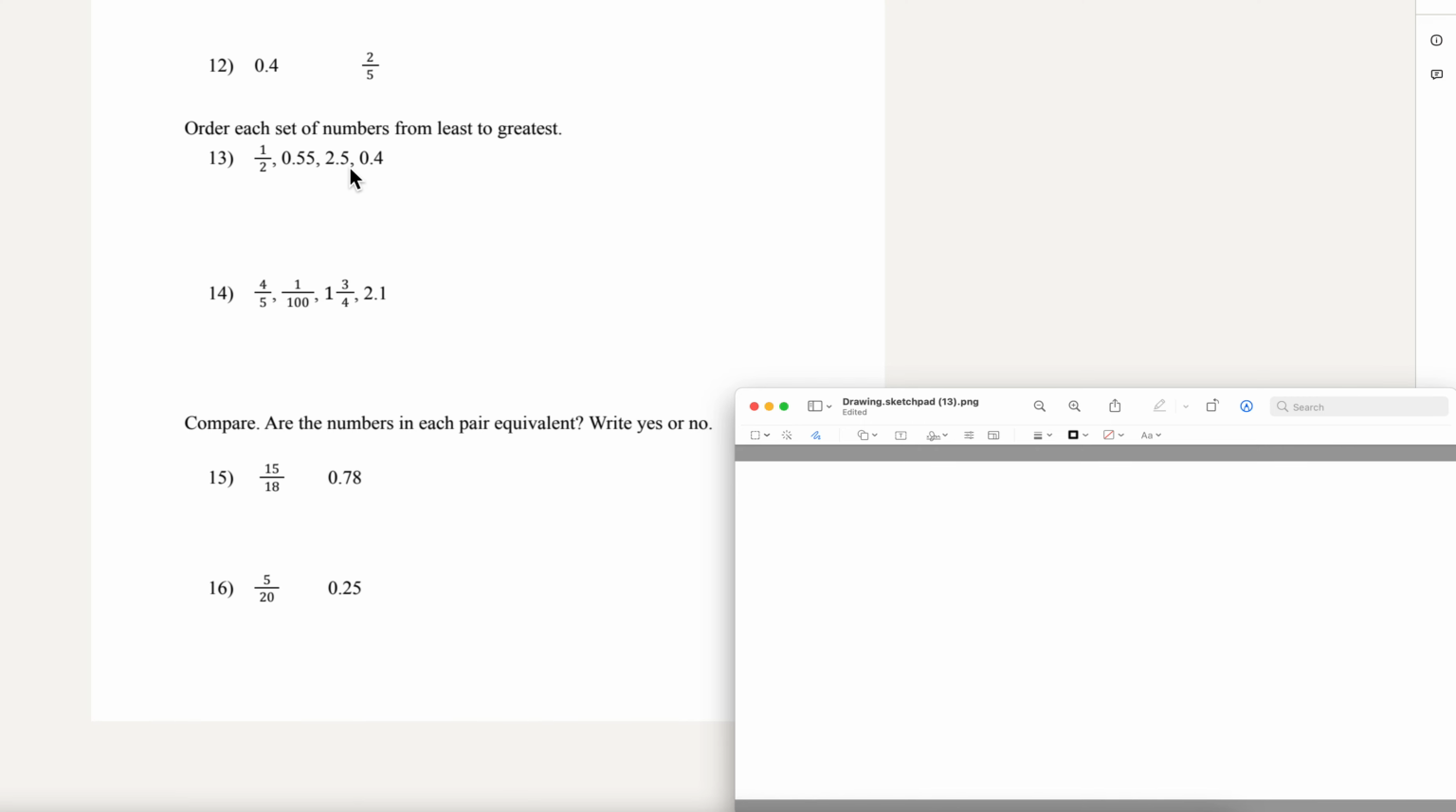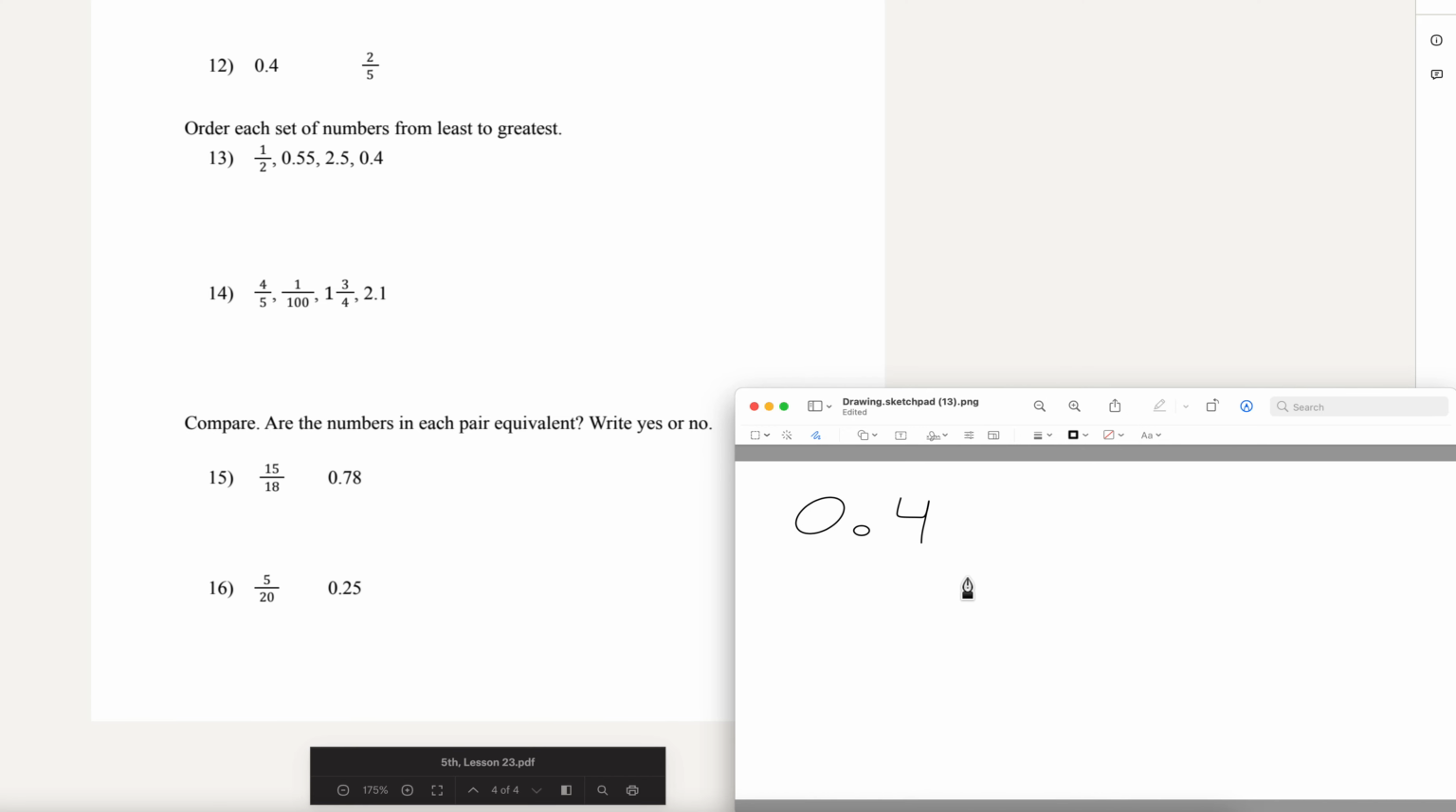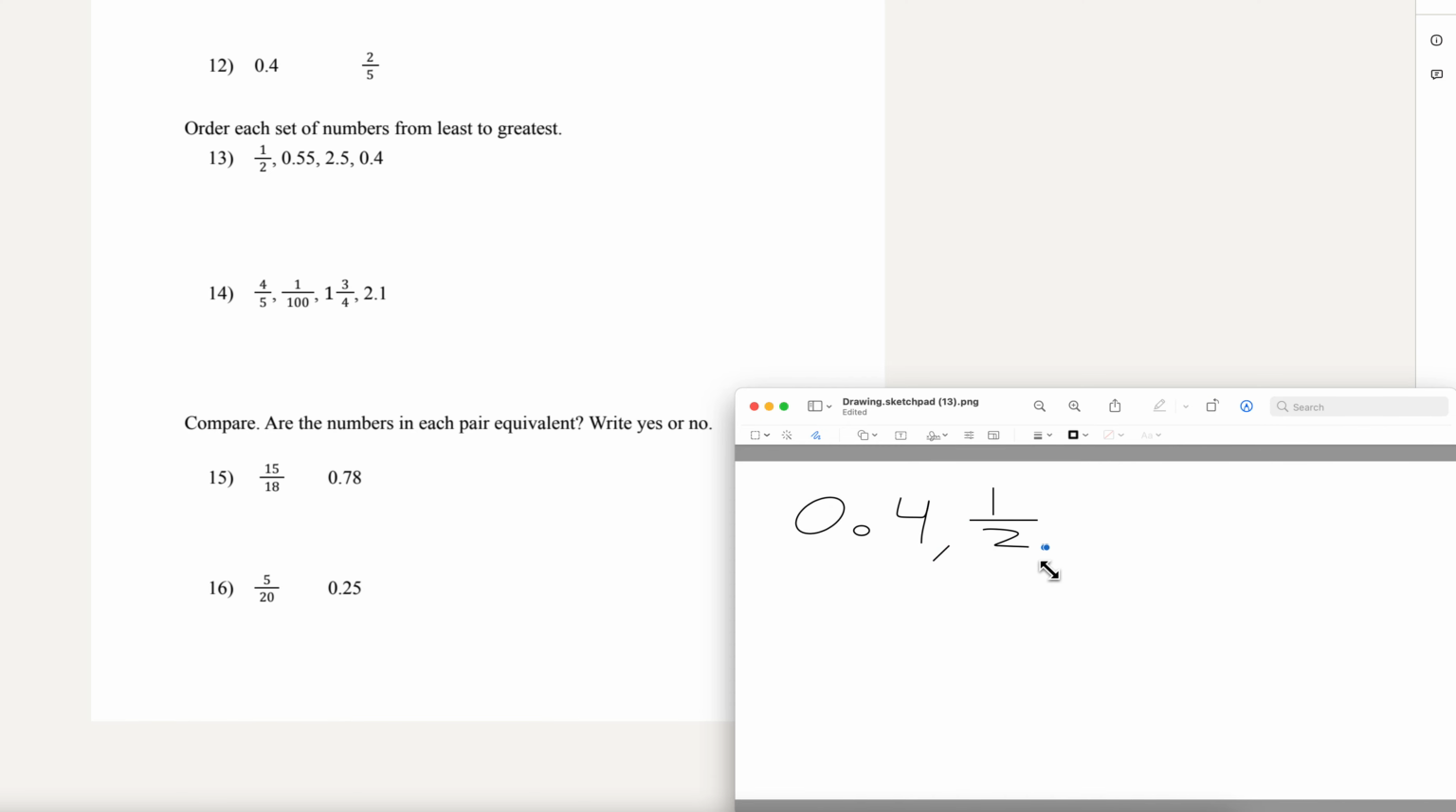Okay, order each set of numbers from least to greatest. Okay, so this would be 0.4, wait, least to greatest, right? Yeah, 0.4, a half, 0.55,